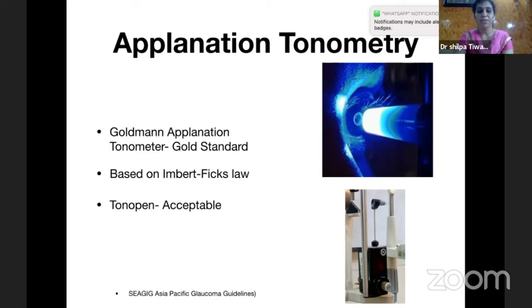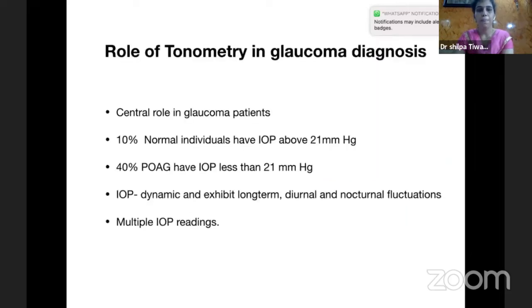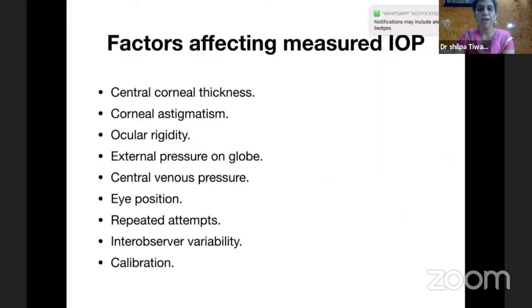The patient should be instructed and should be at a comfortable level. The chin should be properly placed on the chin rest, and the lateral canthus should be at the lateral mark of the slit lamp arm. The room illumination should be dim, and the cobalt blue filter should be at full illumination with an obliquely placed arm. It should move slowly towards the patient till it touches the apex of the cornea and two semicircles are noted. Now, this is the list of factors which affect IOP measurement. I will be coming to them one by one.